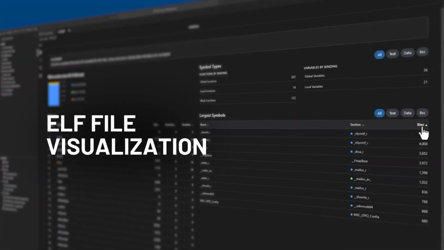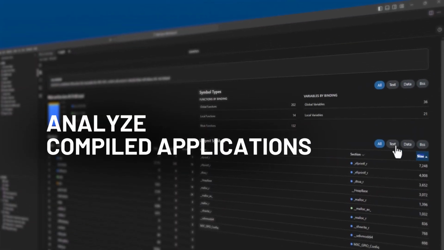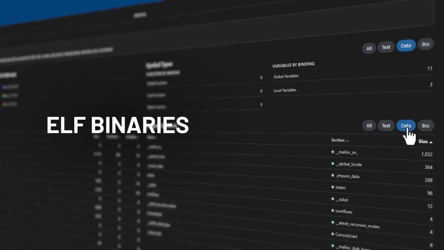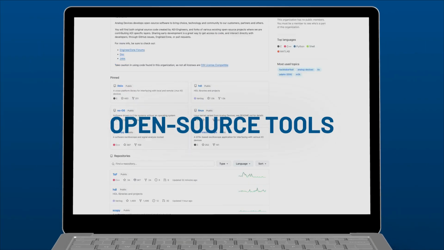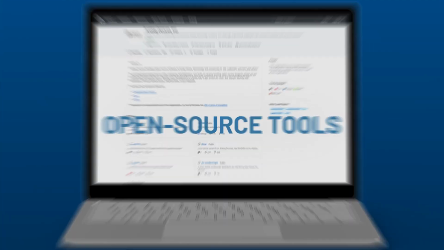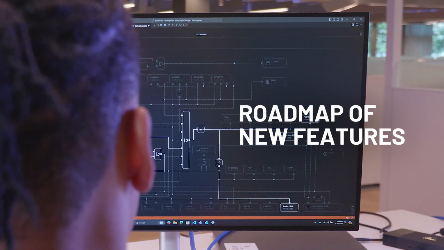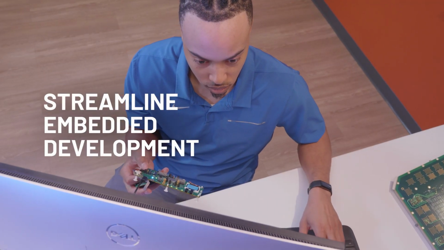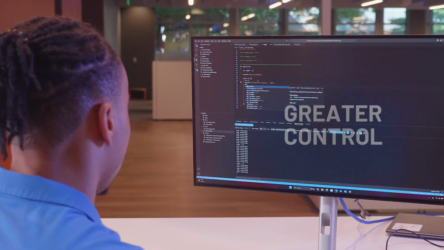ELF file visualization tools for analyzing compiled applications and delving into the inner workings of ELF binaries. Open source development tools, and more. With a roadmap of new features, CodeFusion Studio will continue to streamline embedded development and give engineers greater control in